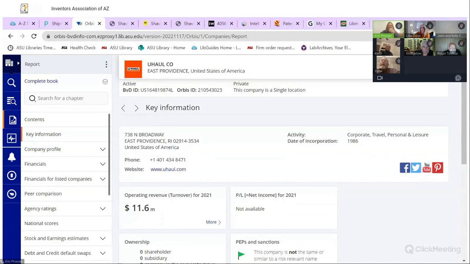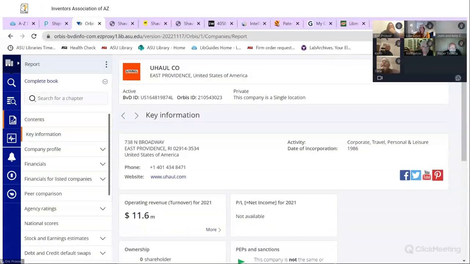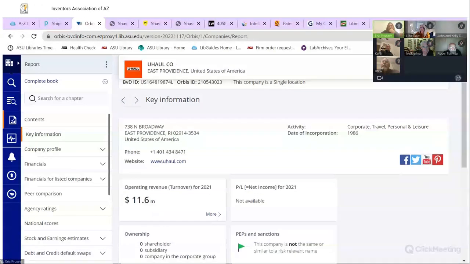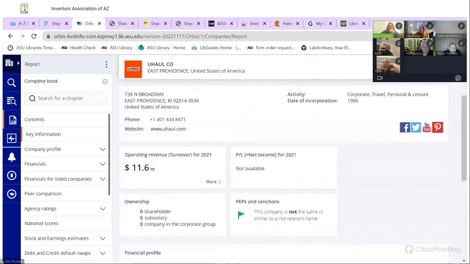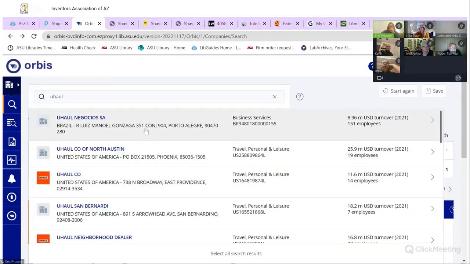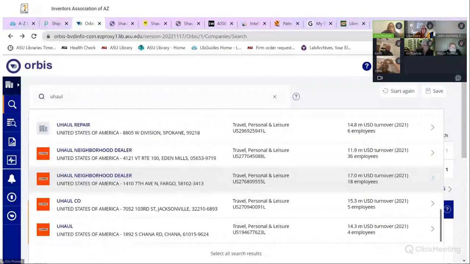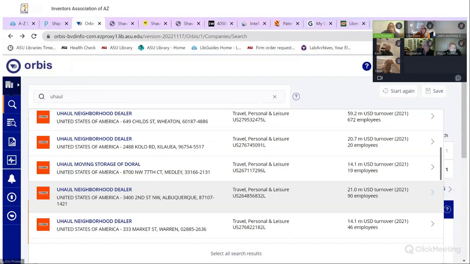Or are you just interested to see if they had it? I know they were a private company for quite some time. And yeah, it still shows them as private. I just knew we were thinking about looking up a private one. Although this is incorporated in Rhode Island, which makes me suspect. It's only 11 million, so I don't think it's the right one. I don't think that's the national. That's probably a local U-Haul subsidiary that just deals with U-Haul there, based on how they're organized. What we can do is, because there are multiple U-Hauls listed in there.